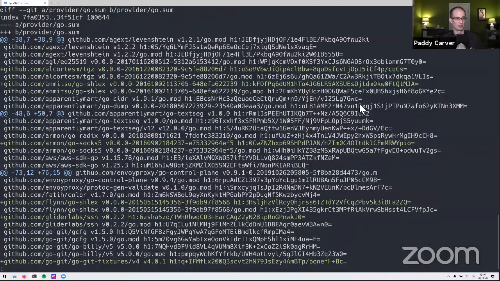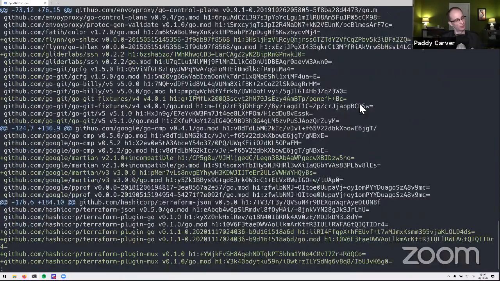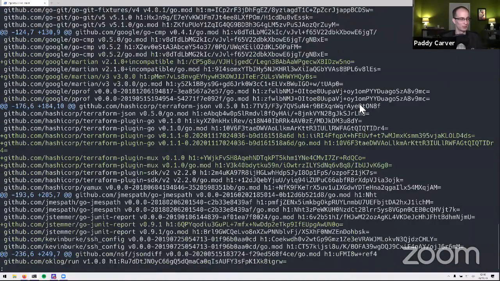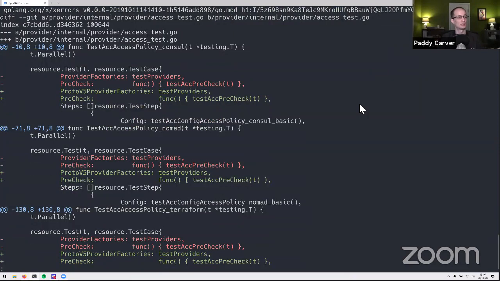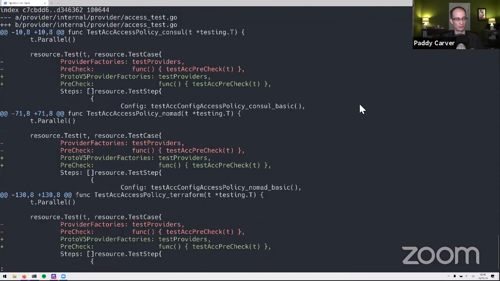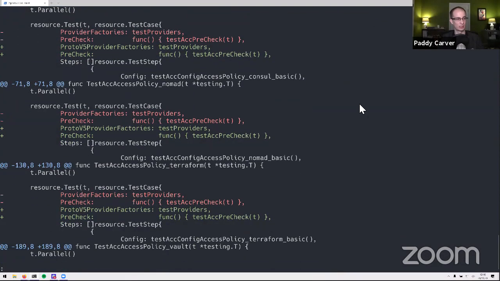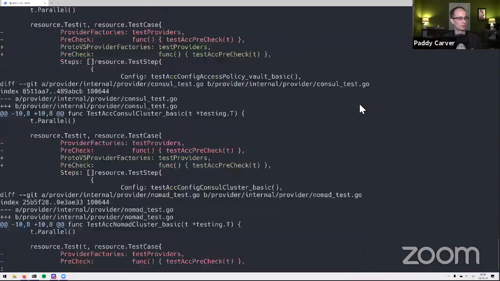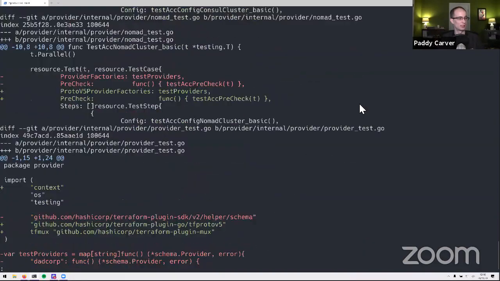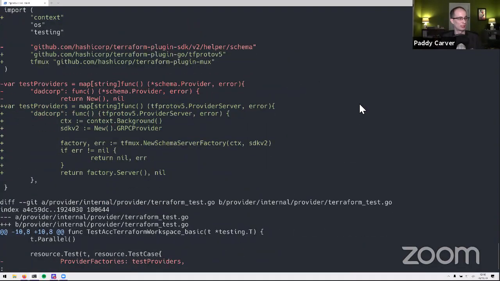And I know it looks very scary when you look at all of the dependencies that are pulled in, but that's how dependencies work, I suppose. The actual code that you need to change is changing how you call your tests. We have a different test property that you supply your test providers to. You need to change the format of your test providers, and you need to change the main function that your provider is standing up. So here's the main function.